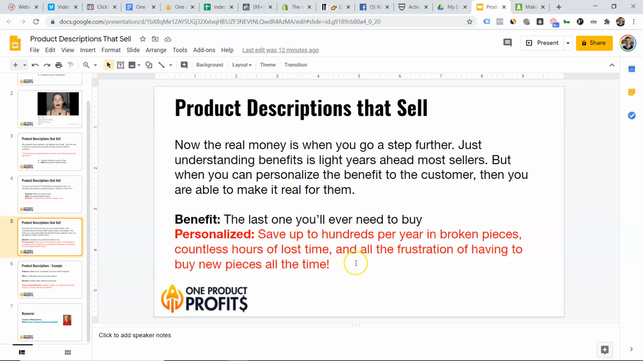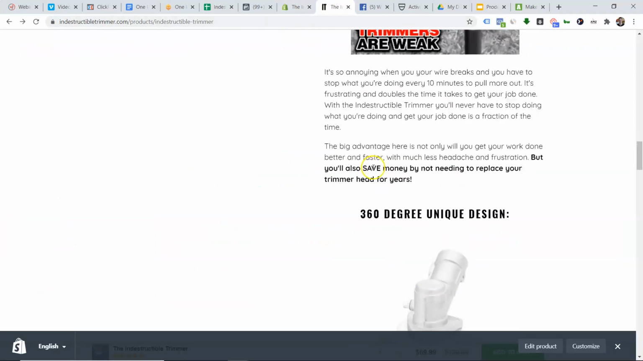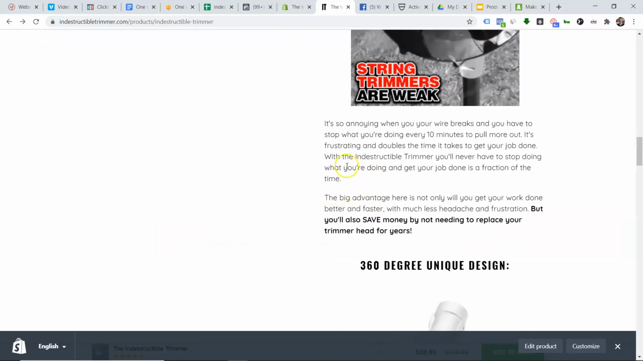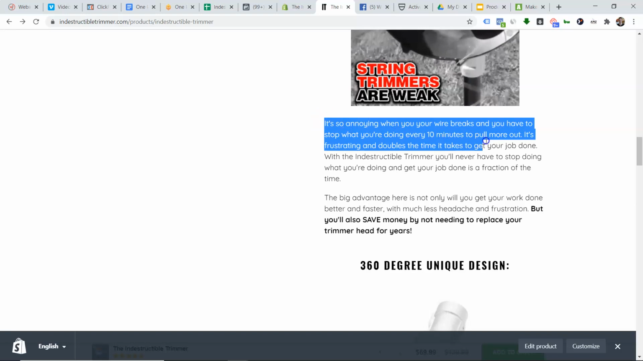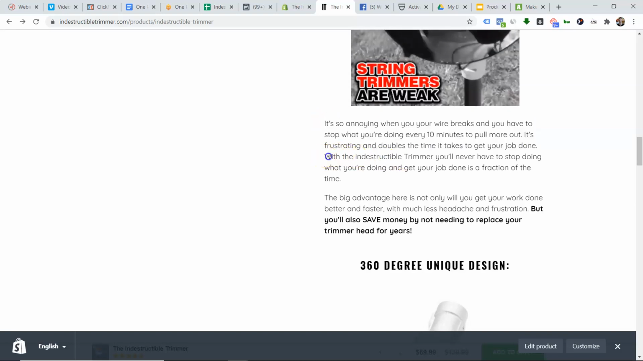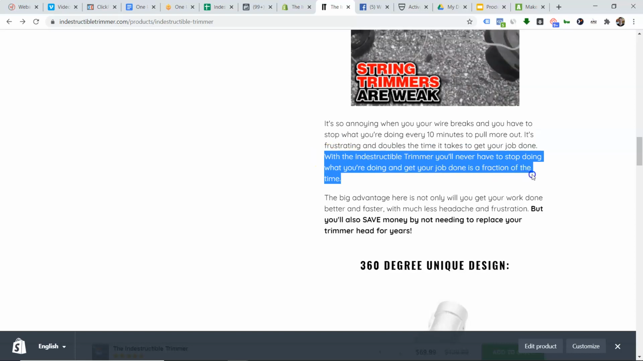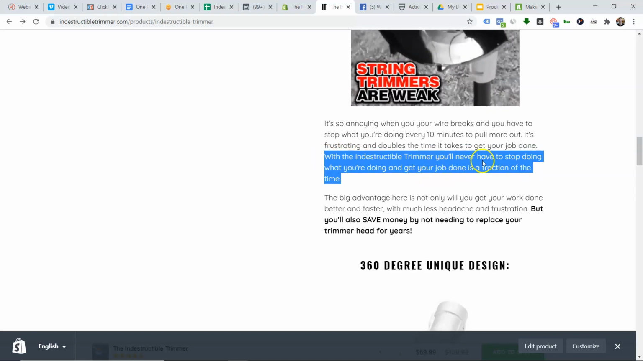Personalized, that means you can save up to hundreds per year in broken pieces, countless hours of lost time, and all the frustration of having to buy new pieces all the time. All right, so that's exactly what Clark did here, right? He states the problem first. It's so annoying when your wires break and you have to stop what you're doing, okay? And then he states the benefit. The indestructible trimmer, you'll never have to stop doing what you're doing and get your job done in a fraction